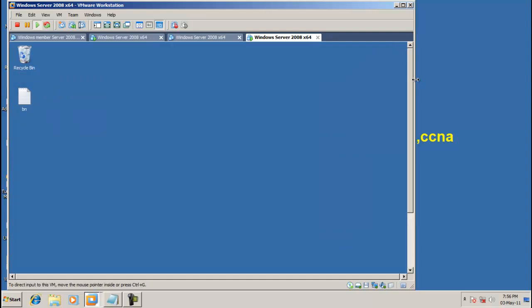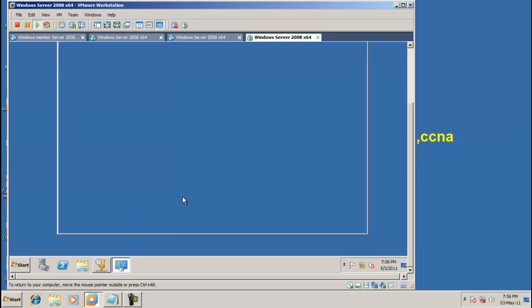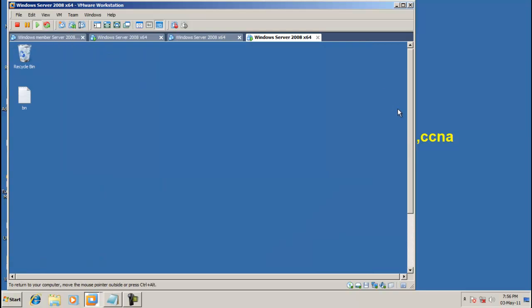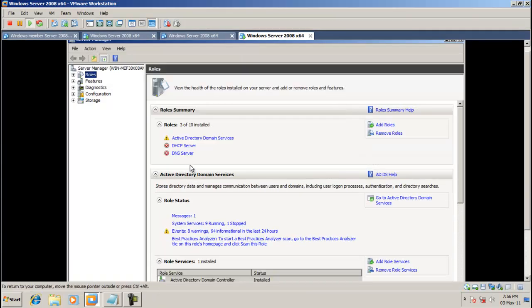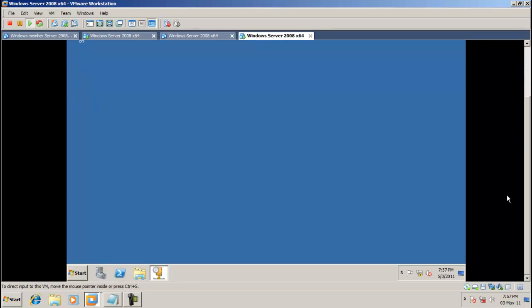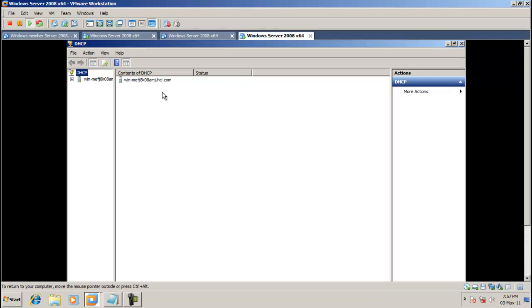You can see here, this is a domain controller which has a DHCP server installed, and it is hcl.com. Moreover, you can see what the roles are. There are three roles installed on this domain controller. We are having the DHCP server and ADDS and DNS on the same server. So our aim is to get the backup of the DHCP server, because this DHCP server,